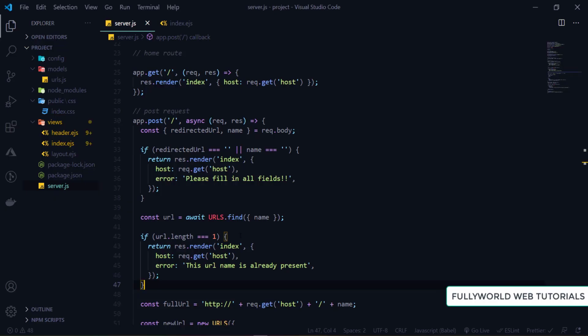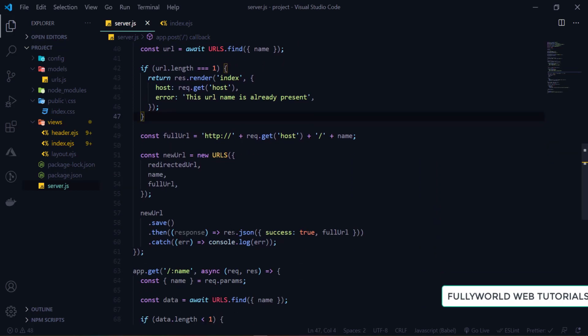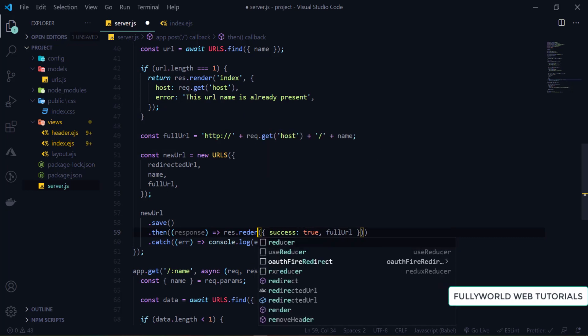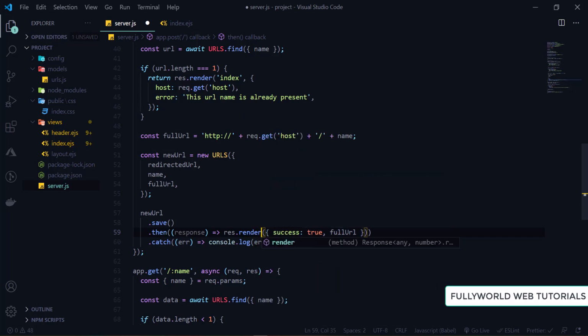So the same thing we have to do here when this is successful. So how to do that? Until we console this error here, we are not going to handle this one, like if there is an error in the database etc. Because this is just for development purposes, we are not going to add this in production. So here I am going to write res.render, then success here. So first of all, remove this.